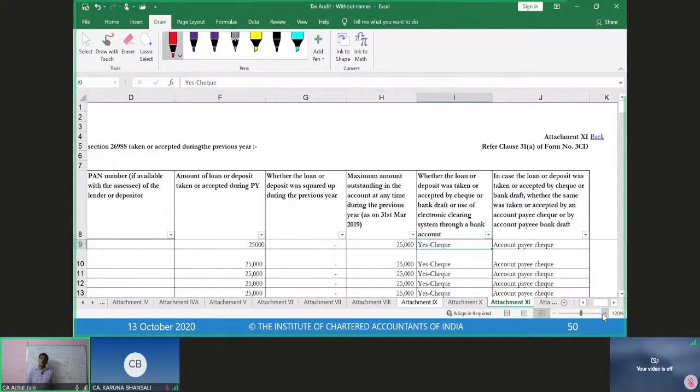In case all of these account payee checks or the records of these are not available with the assessee, then only the management representation would help. But as regards whether those were received through check or not, it's easy because that can be easily tracked in the bank statement of the assessee. So for this purpose, the auditor will need to again check some of these transactions, some of these amounts, some of these receipts, whether those were received in the bank statements or not through the checks or through the drafts or through the electronic transfer or not. Okay, clear on this?